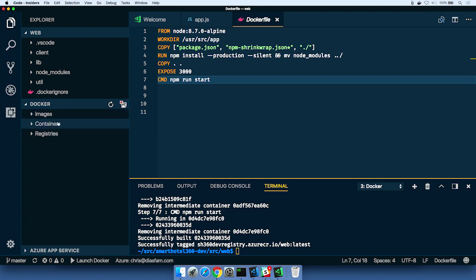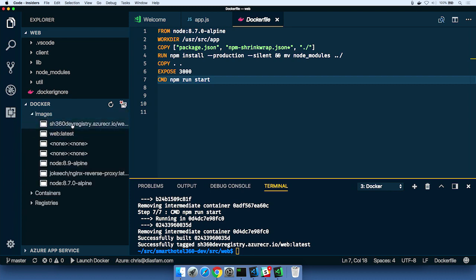What it lets you do is drill into all the images that are on your machine, and any containers that happen to be running. You can see there's the web app that we're running locally on my machine. We can just shut that down. And of course, I have access to different registries, Docker Hub or Azure, because I'm